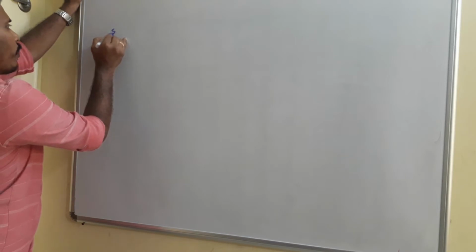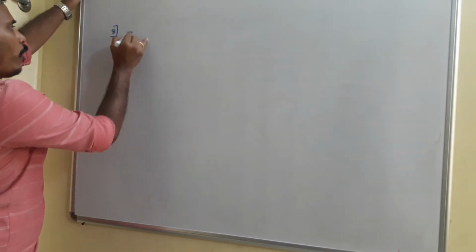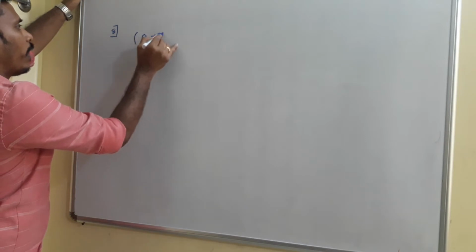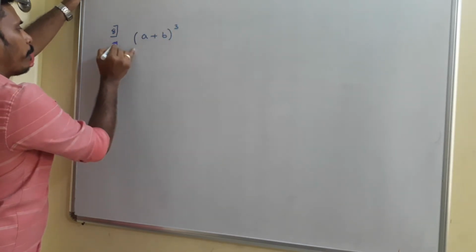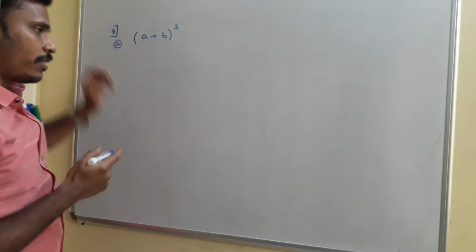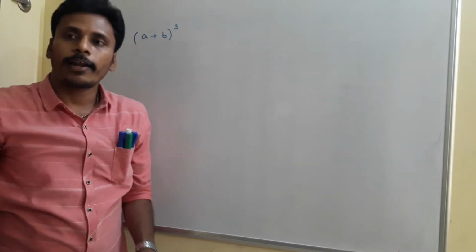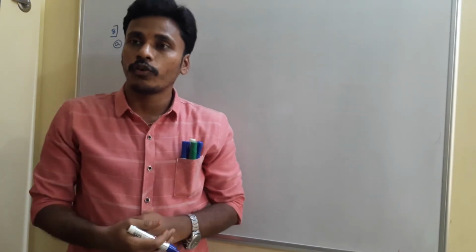First of all I am listing all the formulas, and then in this 8th point we are going to discuss (a+b)³ and some other things, and then we are going to solve a few simple problems. In the last class, the 7th point (a+b+c)² we discussed, and now as an 8th point I am going to mention (a+b)³. (a+b)³ and (a−b)³ we are going to discuss in this class along with a few simple problems, and afterwards at a stretch I am going to give you different problems.